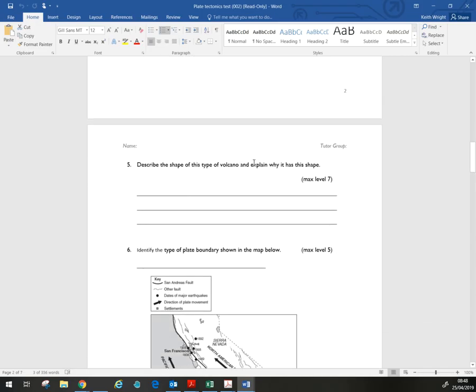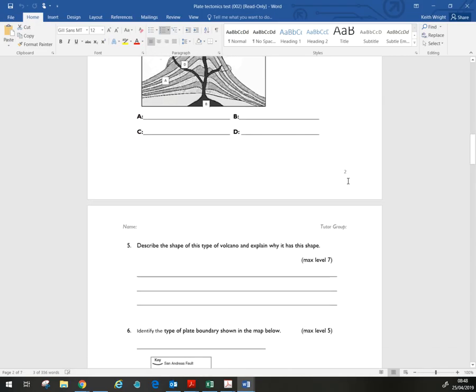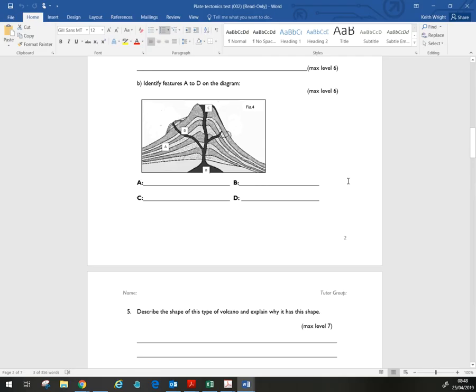Describe the shape of this volcano and explain why it has this shape. So let's take a really clear structured approach for your examiner. Describe the shape. The shape is quite steep-sided, with steep flanks, and fairly triangular in shape. Why? Well, this is mainly because the lava has a high viscosity. It's very sticky. It has a high silica content. So when it comes out, it's fairly sticky and it runs down the sides of the volcano, when it